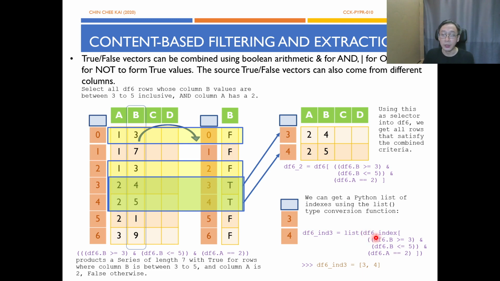One of the ways is, of course, dot index and then put in the same mask. But that results in a dot index type. The dot index type is basically a series, but specifically reserved for use in the index position. That's just pandas' way of making things even clearer, right? So anyways, we can always force list it with a list bracket, open close bracket, to force convert the index,